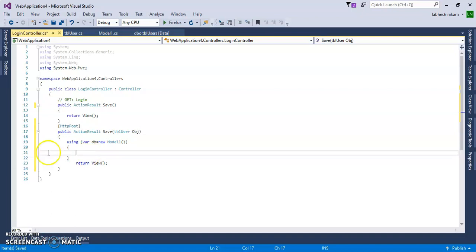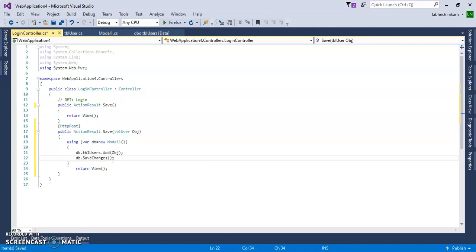Now let's save the data. So db.tblUsers.Add(object), and then db.SaveChanges.